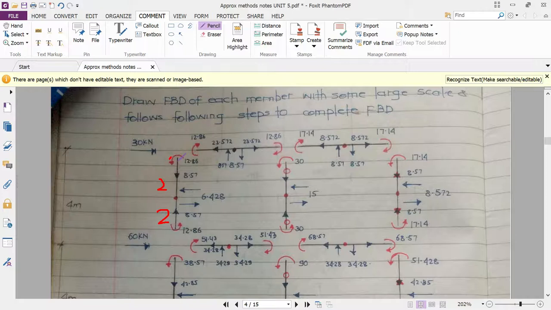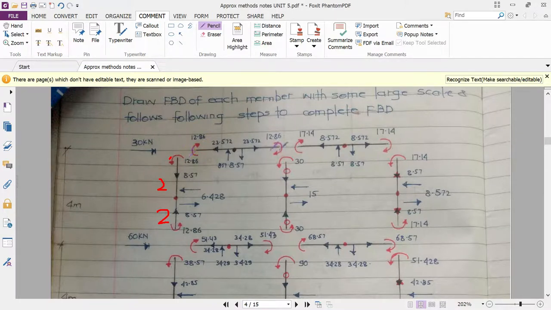Okay, now once you are getting the moment, the top and bottom moments like this, what is the second step? We have to transfer this moment to the beam. We have to transfer this moment to the beam. Now as this moment is acting in anti-clockwise direction, we have to apply the same moment in clockwise direction. So why are we applying the same moment of the same magnitude but in clockwise direction?